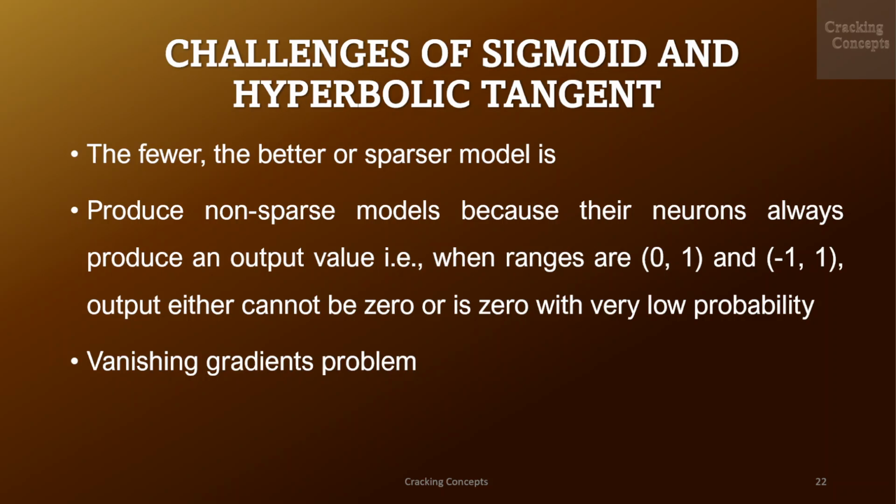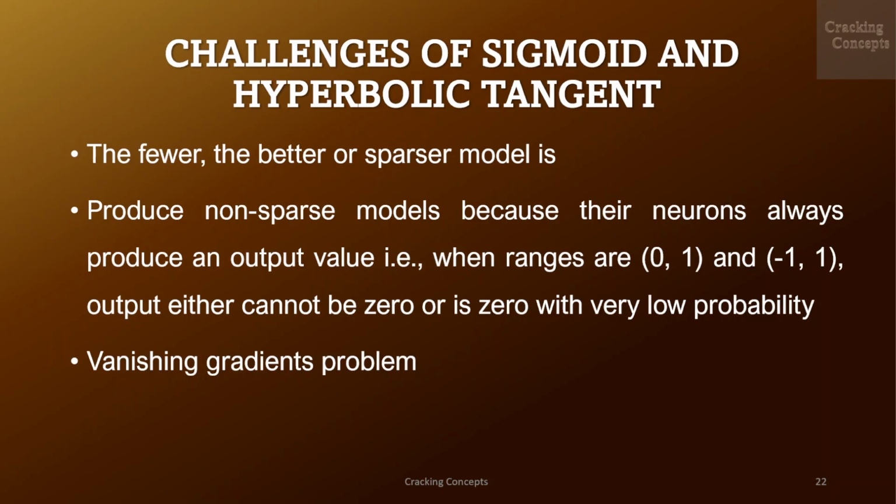The fewer, the better or sparser the model is. Sigmoid and tanh essentially produce non-sparse models because their neurons pretty much always produce an output value in the range of 0 to 1 without including 0 and 1 for sigmoid, and the range minus 1 to 1 without including minus 1 and 1 for tanh respectively. The output either cannot be 0 or is 0 with very low probability. Hence, if certain neurons are less important in terms of their weights, they cannot be removed and the model is